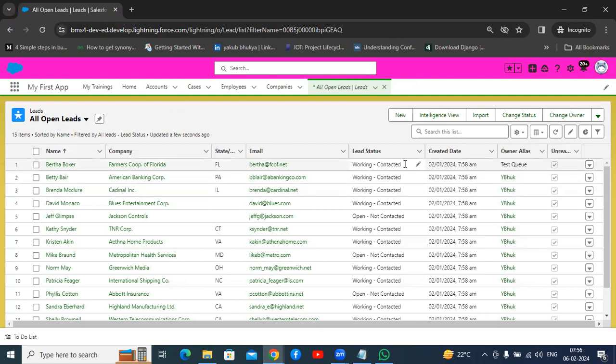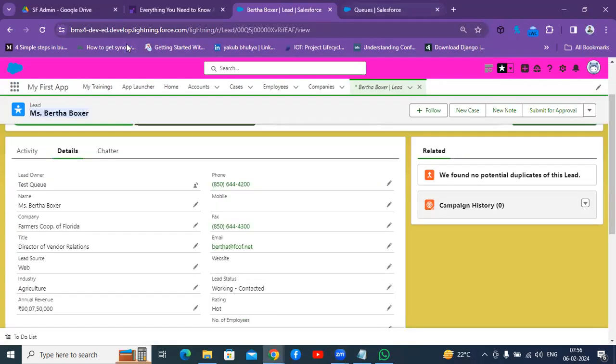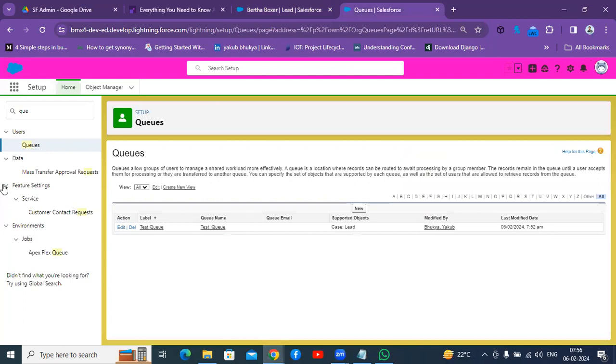So you can see Bertha Boxer. So actually for this object, we did not set up an OWD as private. So coming to the lead, we haven't set up an OWD as private. We'll see. I'll go to setup now.